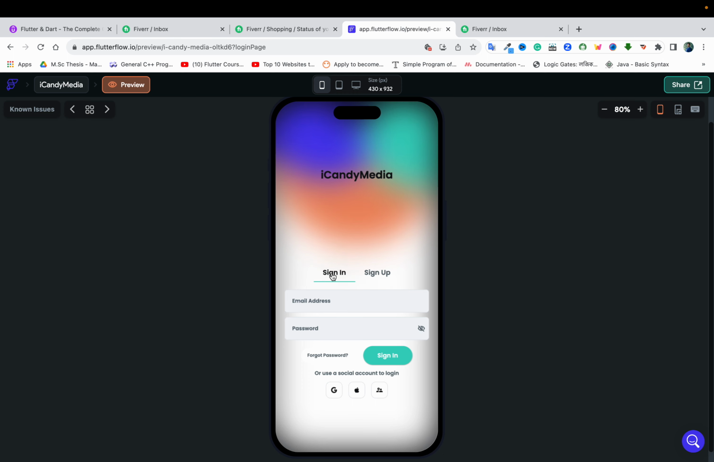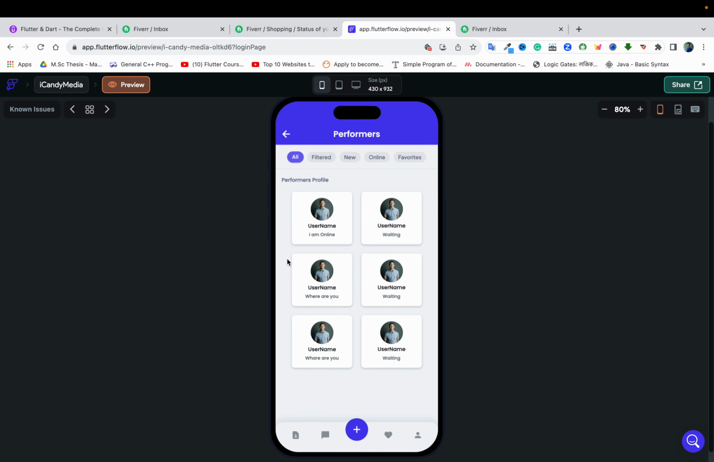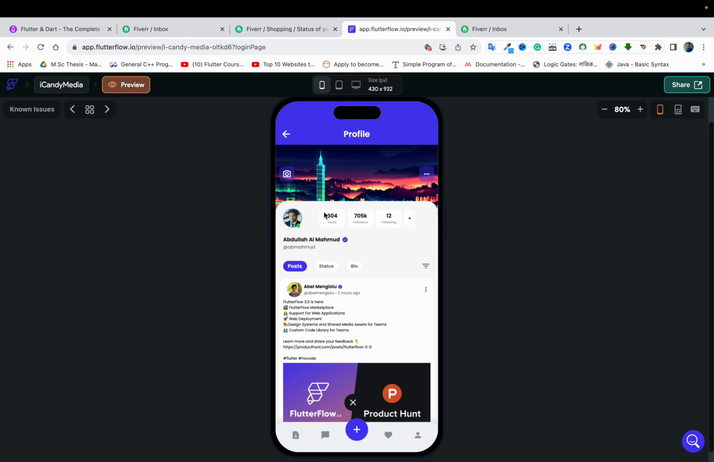So here you can see this is a sign in screen. We have a sign up screen as well. So if we give the access and we click on sign in, we will get a new page, new screen. Okay, so if you click on any cards for performance profile, so I'm clicking on an item, so it